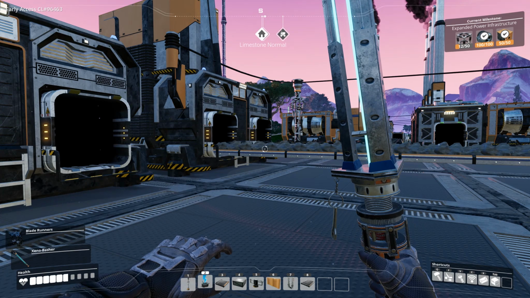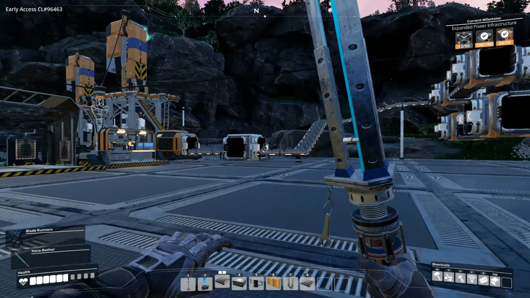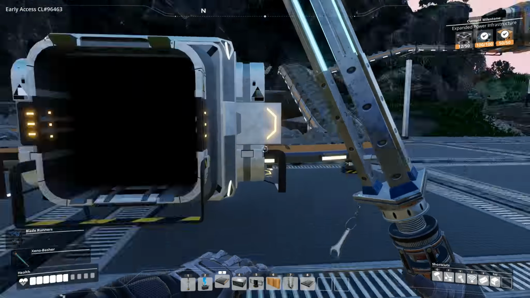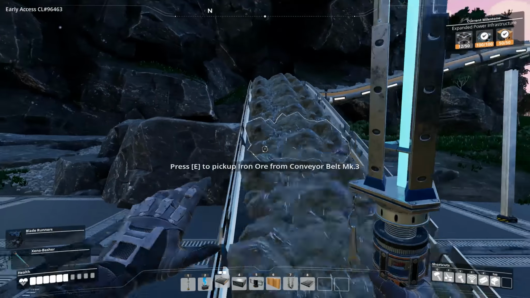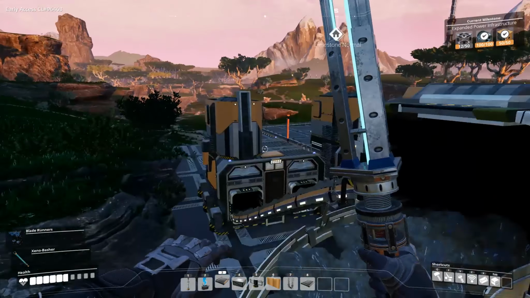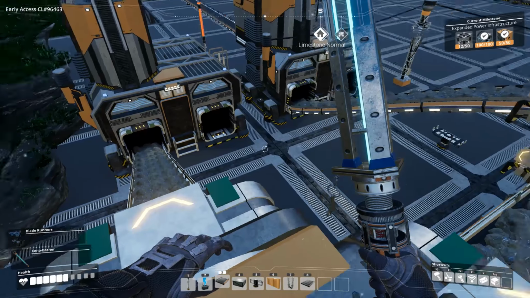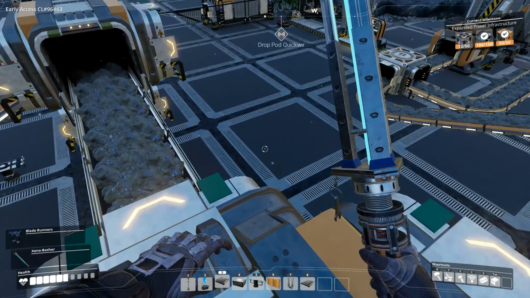Let me have a think. Okay, here's what I decided to do. I've just sent the ore out this way, and we're going to come all the way up this ramp and up to the top. Now, to get these constructed, I did show you this on the iron build, but in case you didn't watch that one, or you've forgotten a little bit, just a brief reminder,